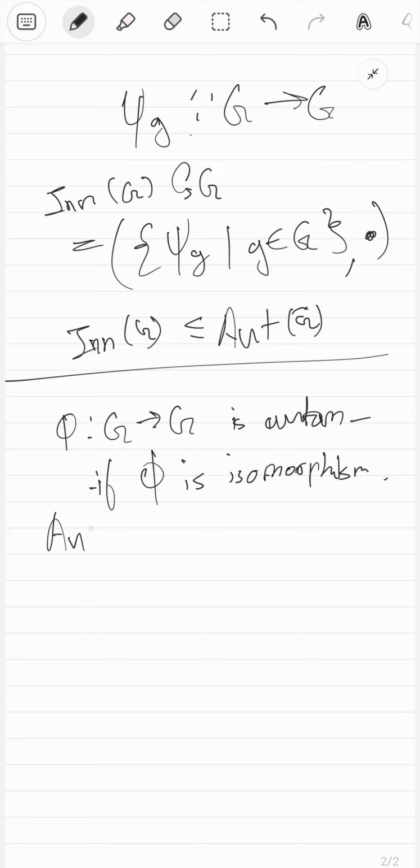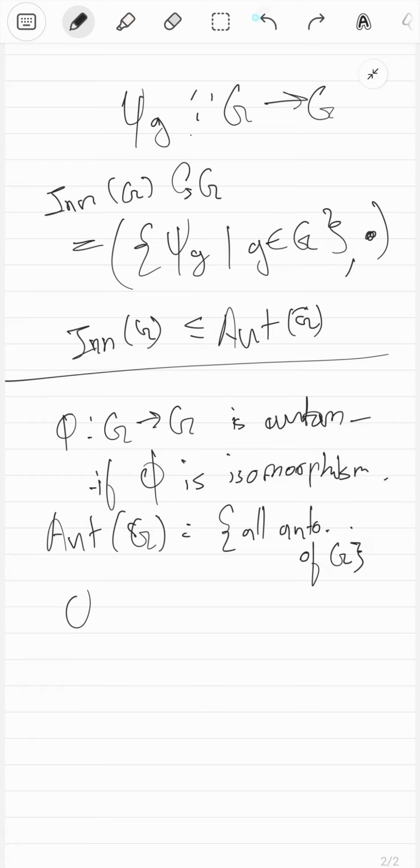And so Aut(G) is just the set of all automorphisms of G. Okay, cool. Now we also have to show that the inverses exist in Aut(G), right? So for all phi in Aut(G), what's going to happen is